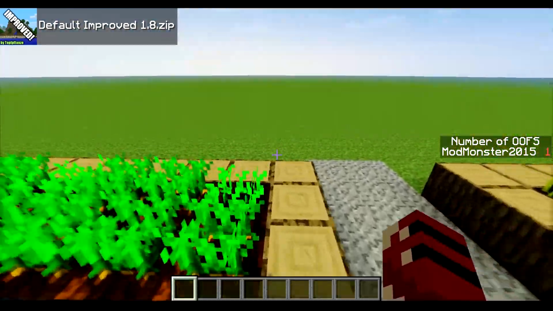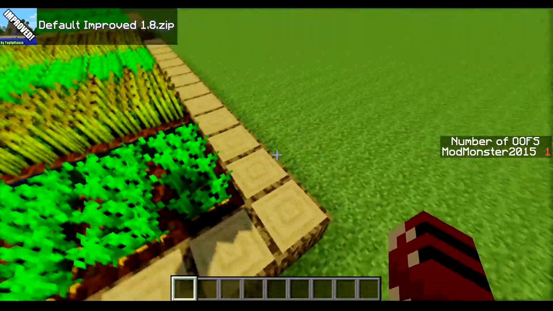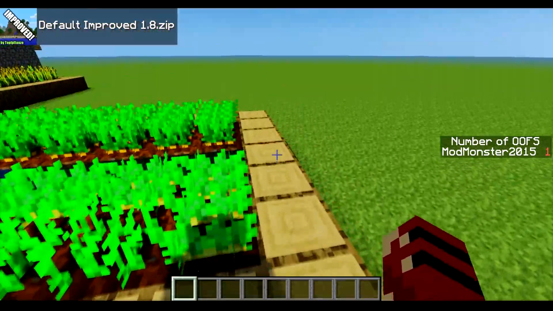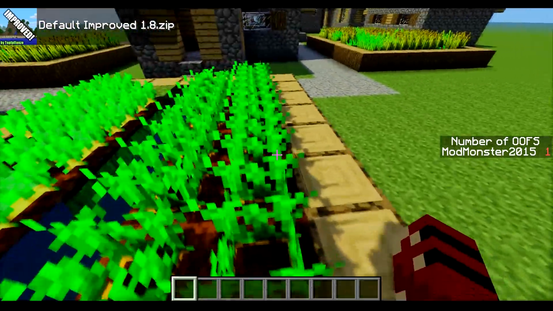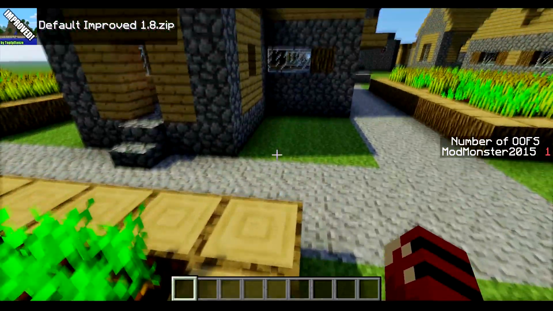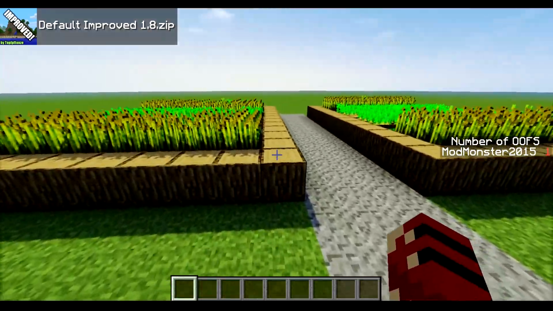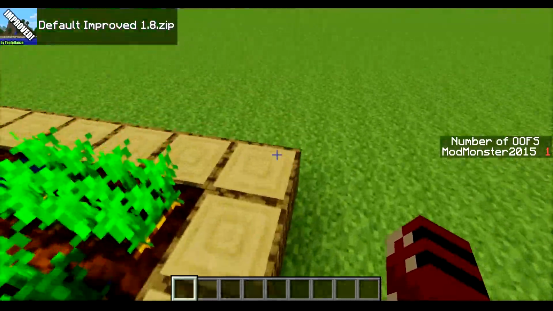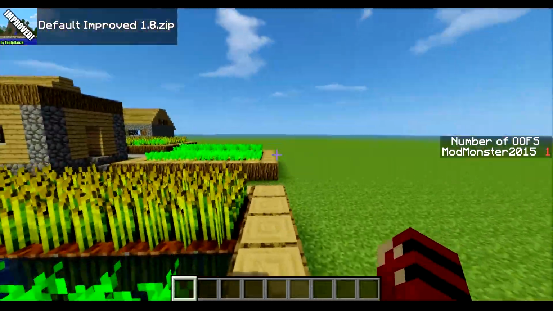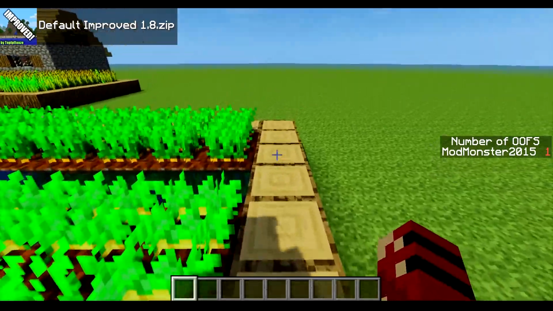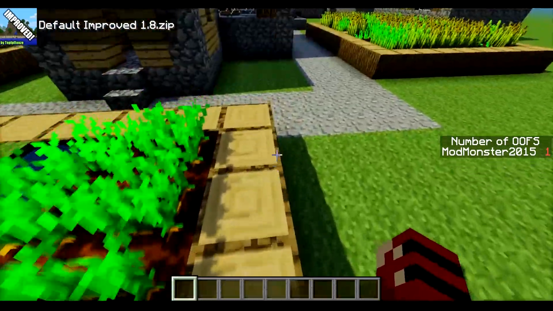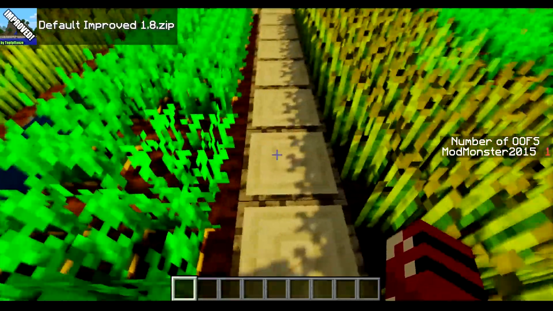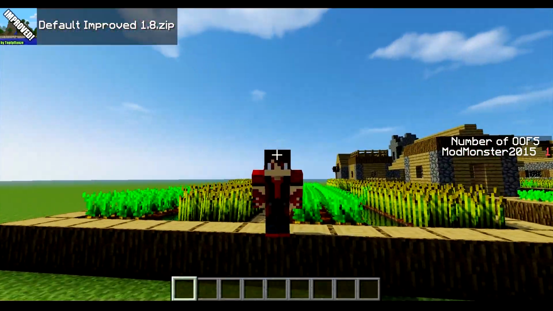Now this mod is very useful if you are a content creator or streamer, video creator of some sort, and you want to stop having to answer the question, what resource pack are you using in this video? What resource pack are you using? If you're a bigger content creator, obviously you'll get even more of those questions, so that's where it can be useful. I'm going to start using this mod in my videos, even though I haven't ever gotten that question. I still think it's cool to know.